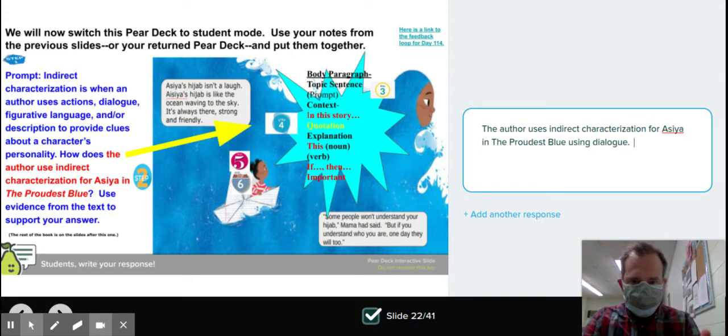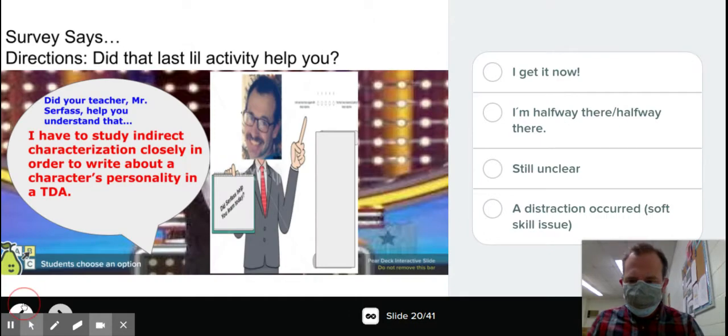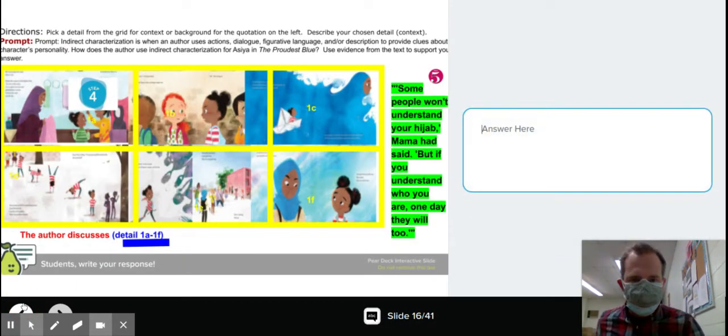That's something called context. That's step 4. So in this story. Well, I don't remember this story, right? So what I'm going to do is backtrack just a tick. And while I backtrack, I'm going to go to the slide that helps me with coming up with context. And it's this slide right here. So let's say I use one of these slides here, the dialogue from what we were just looking at. And I want to say the author discusses, or in this story,